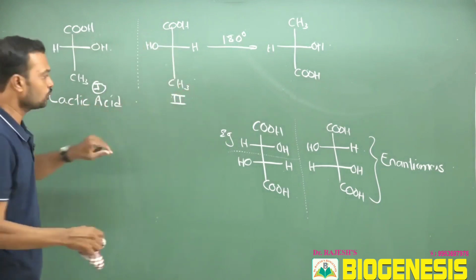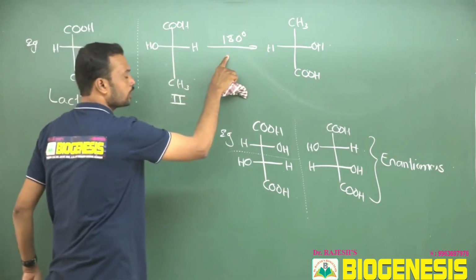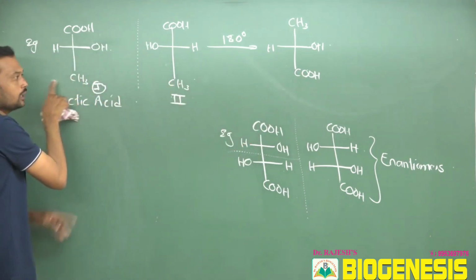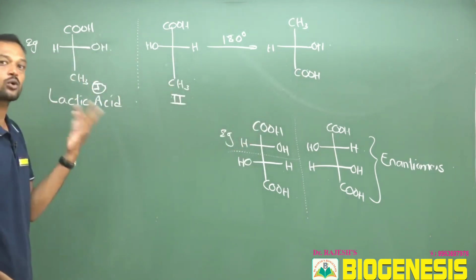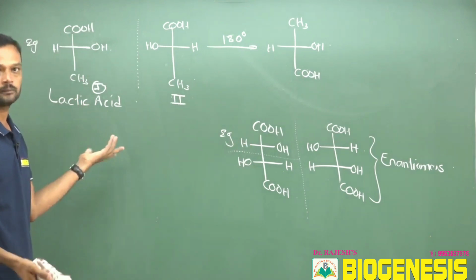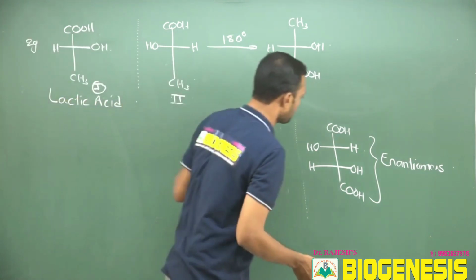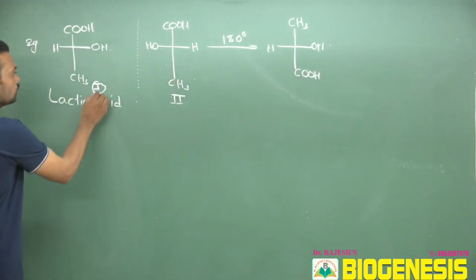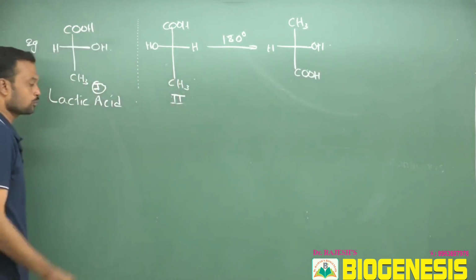non-superimposable mirror image. So, now rotate a molecule about 180 degrees. After rotating, if it gives the parent molecule, then those two are not enantiomers. If it does not, they are definitely dissimilar. Okay. So, the same concept you can apply to tartaric acid. So, I am saying that this is first and second, these two are enantiomeric in nature.